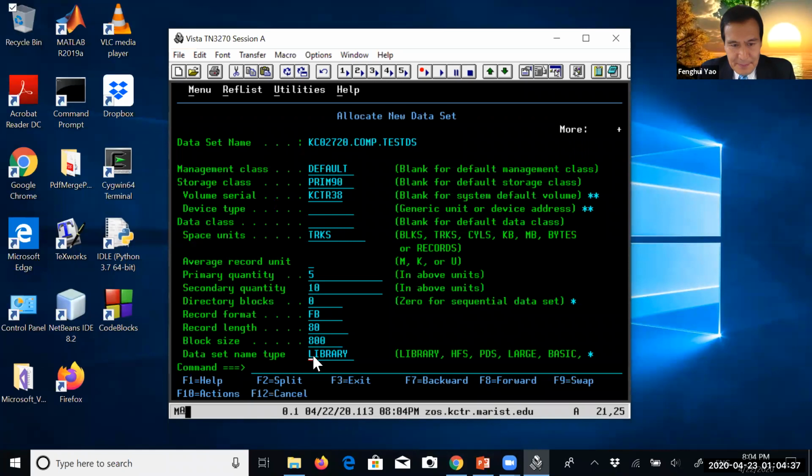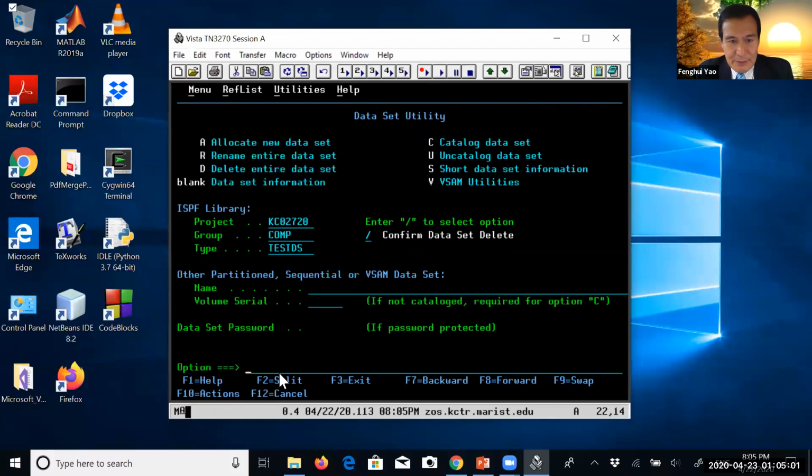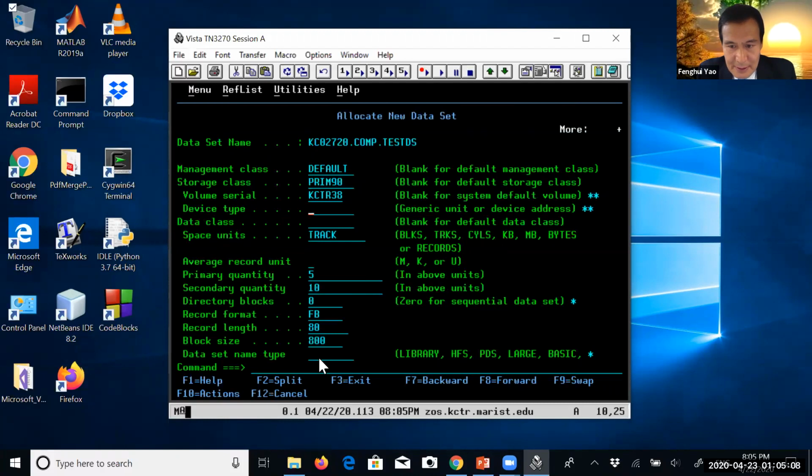And then for the PS dataset, here the dataset name must be left blank. All right, so type in these parameters and then hit enter. Invalid combination. Let's go back to see what's going on, and hit A, allocate, and here